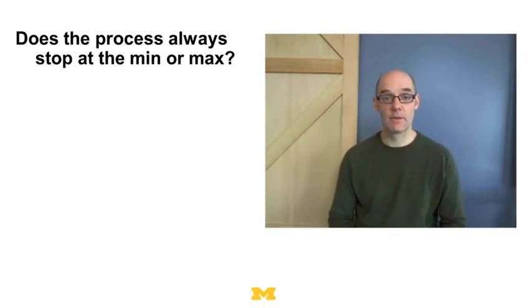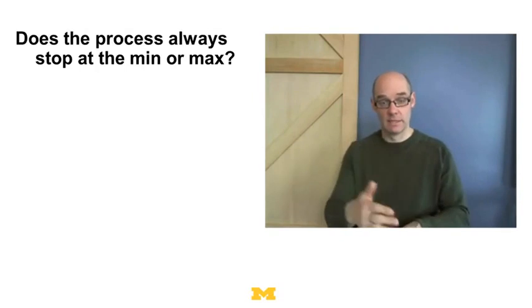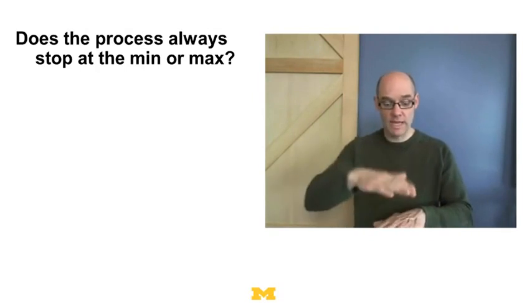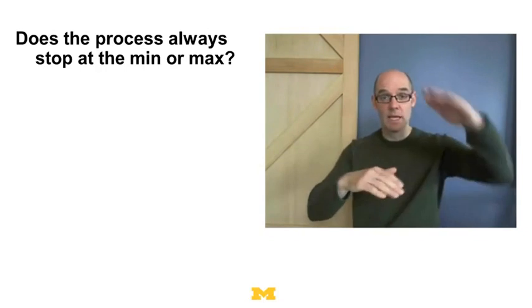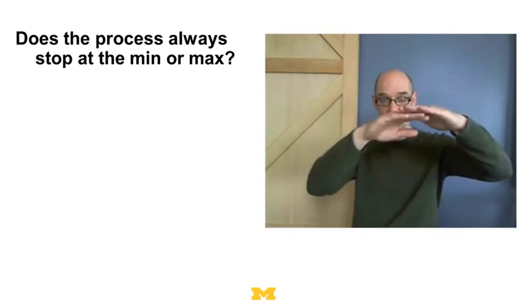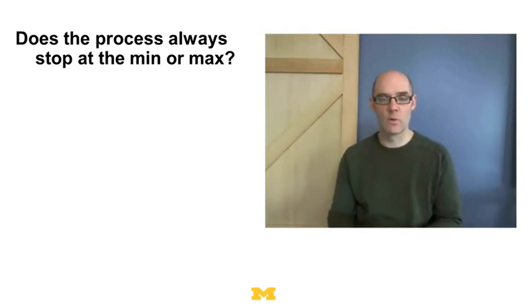So remember when we talked about Lyapunov processes, they can either always be going up or always be going down until they reach an equilibrium. The question is, if they're going down, do they automatically hit the floor? Do they necessarily hit the floor? Could they stop above it? And if they're going up, do they necessarily hit the top, or could they stop below it? That's the second question. Both pretty straightforward, both fairly easy to answer, but it's worth cleaning up those details.